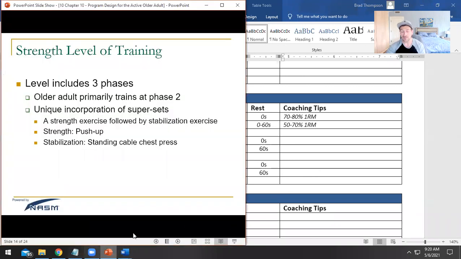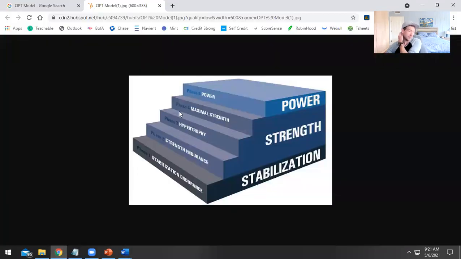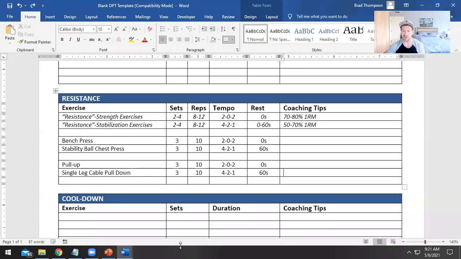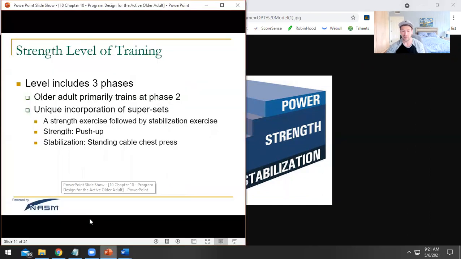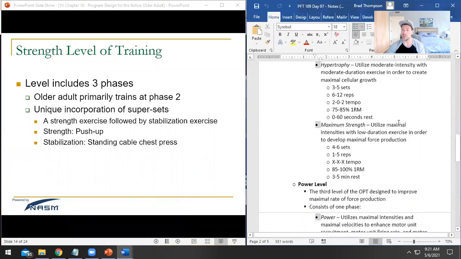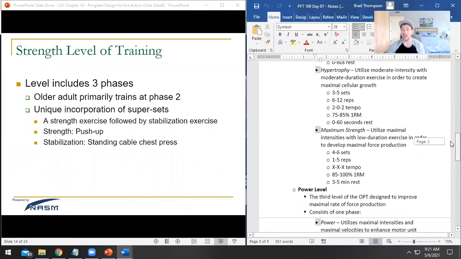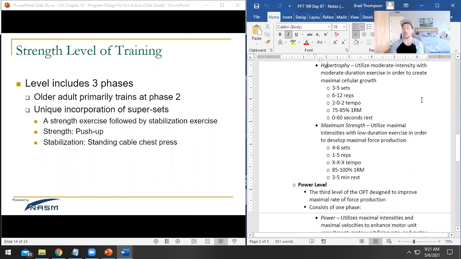Now, after that, we're going to move into hypertrophy. And hypertrophy is right in the middle of the OPT model. So it's not super high intensity the way the top of the OPT model is, but it's also not low intensity the way the bottom of the OPT model is. This is your traditional hypertrophy, bodybuilder, middle of the road style of lifting. And so this is great for increasing strength, but really what it's good at is increasing your muscular size,